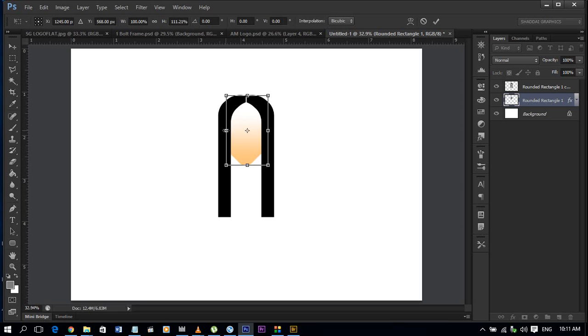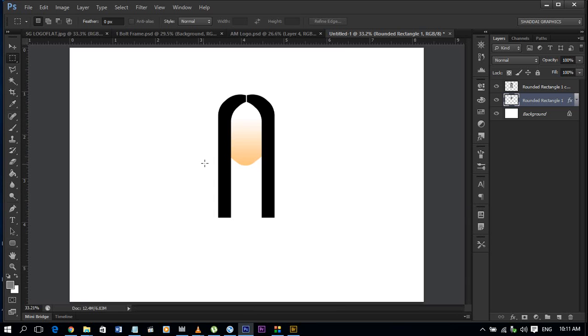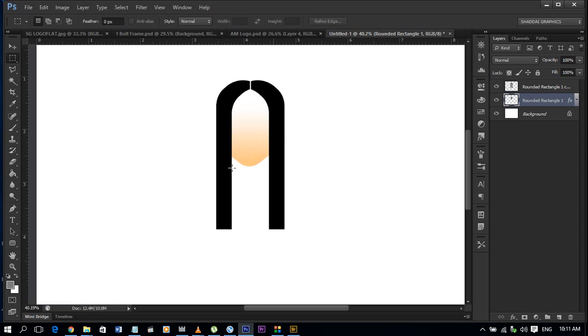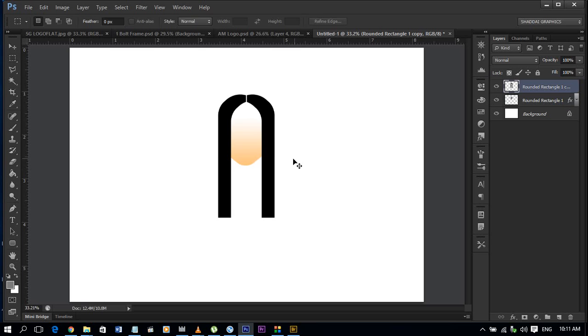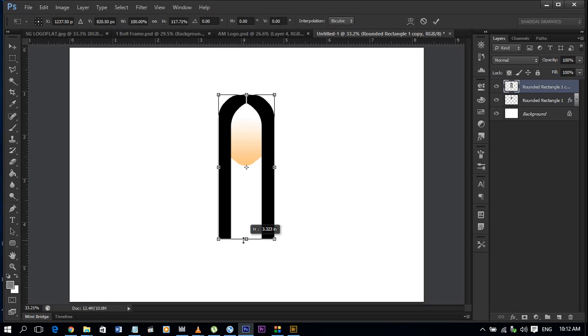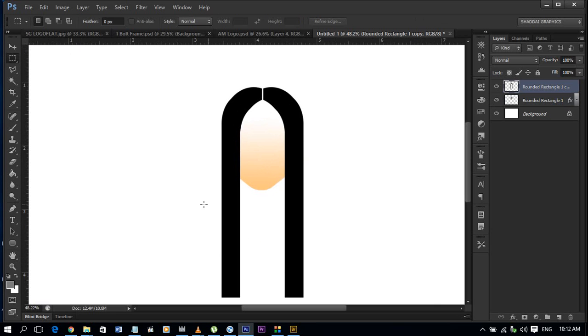Good. And I hit Control T to bring this bounding box up, by the way. And I'm going to hold Shift and Alt and click on the side and drag in order to spread her face a bit. Good. This is what I wanted. That's it. And I just double click on it to make the bounding box disappear, because I'd finished my transformation edit. So now in this case her hair has to be longer, so Control T to bring up the box, pull it out. Good. Now what's next